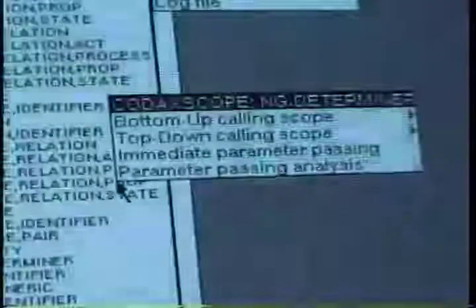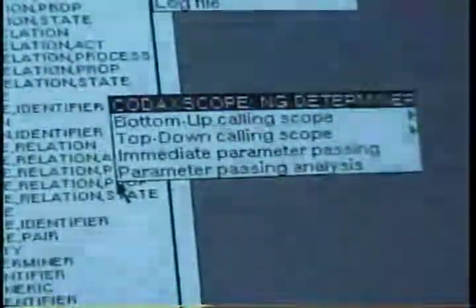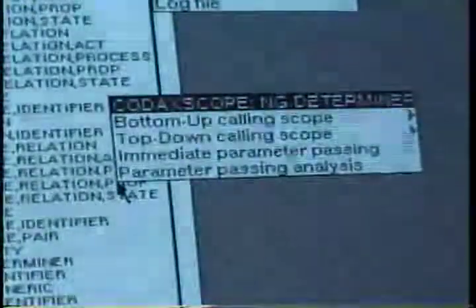Another interesting option is immediate parameter passing, to see what are the types of parameters that are passed immediately, but a more complex tool is called parameter passing analysis. In this case, the program will look inside the whole grammar to see what are the types of